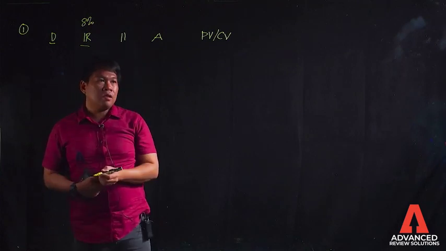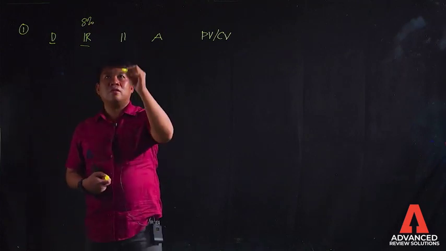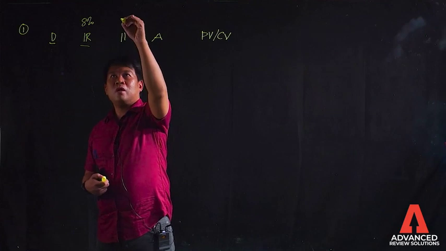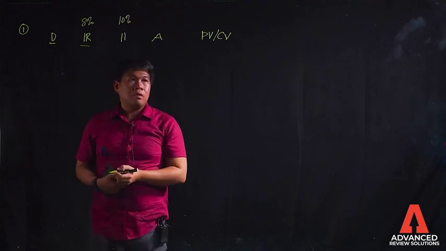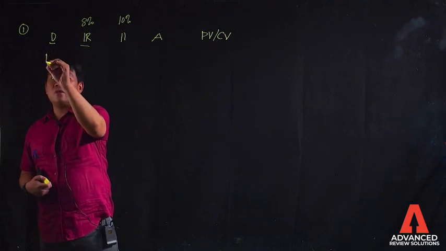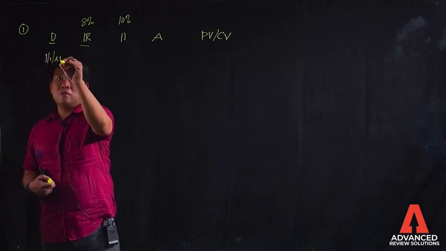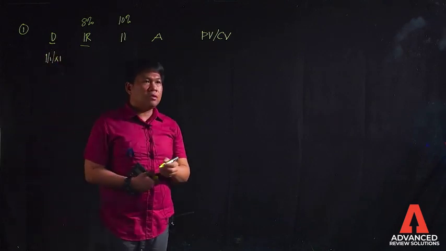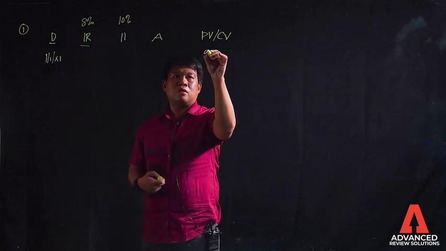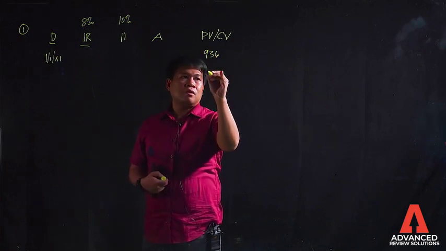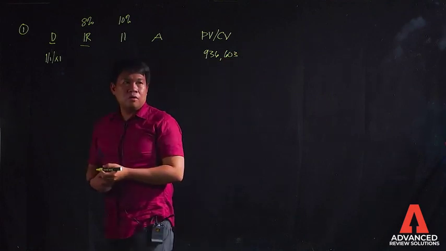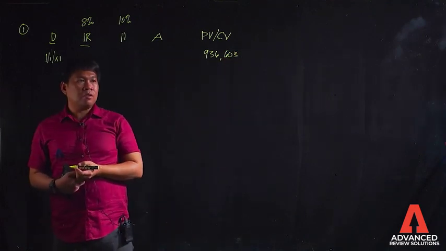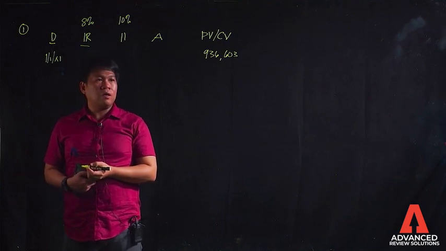While the interest income will be coming from the effective rate or 10%. Okay? So, transaction date, January 1, 20X1, and the present value of the bonds is 936,603. Okay? So, the maturity of the bonds is